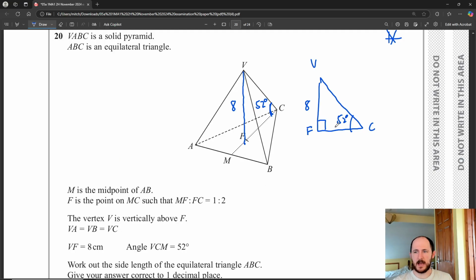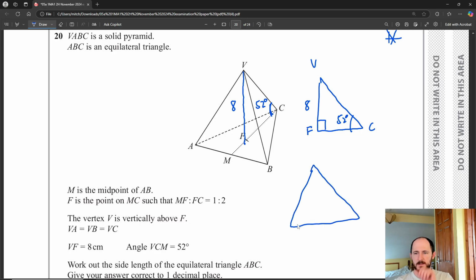Now that I see this, well, what could I work out? Well, I could work out VC, cool. I could work out CF, cool. Honestly, you would get a mark for just doing either one of those. So the thing is, if we look at what the actual question's asking, work out the side length of the equilateral triangle ABC. So if I draw ABC again, and this is an equilateral triangle,